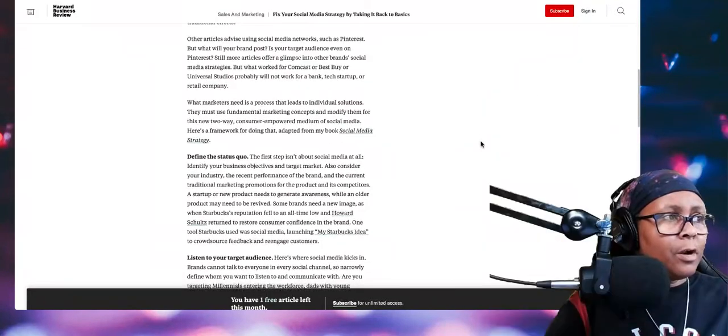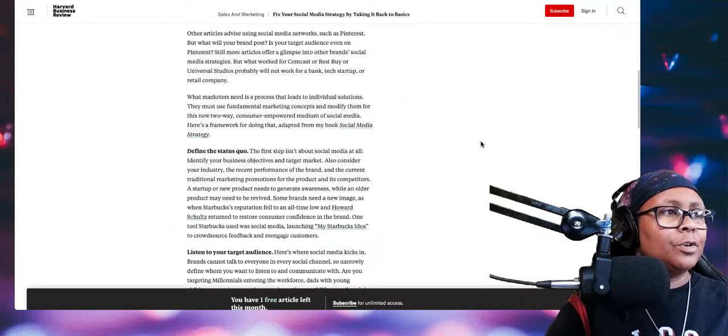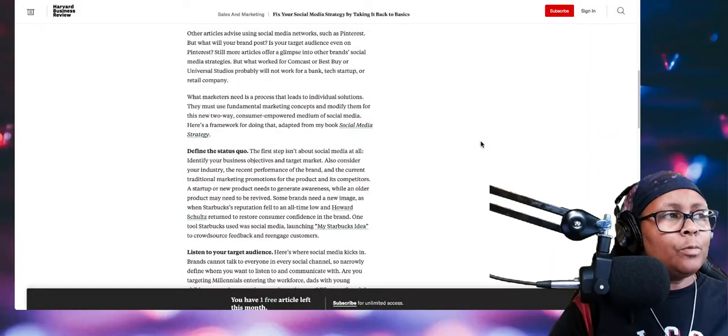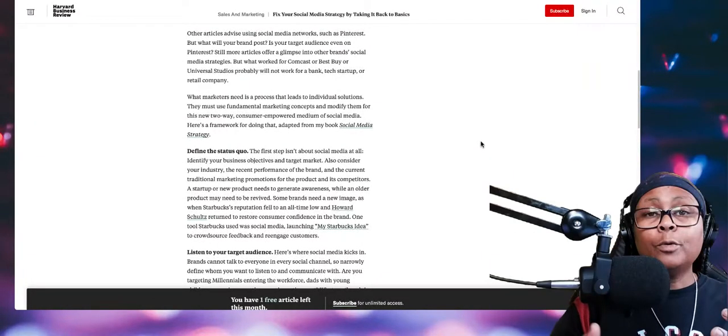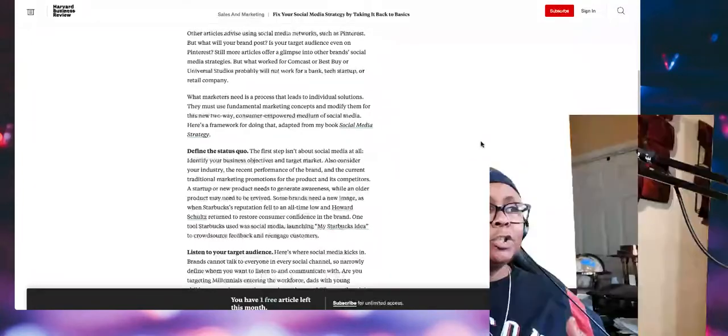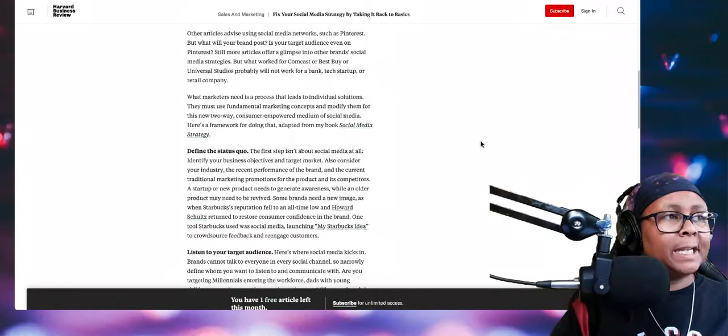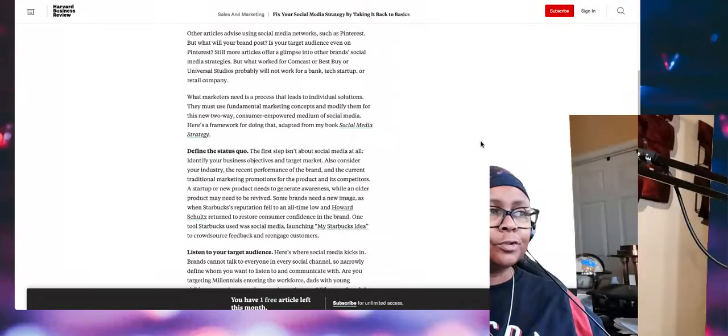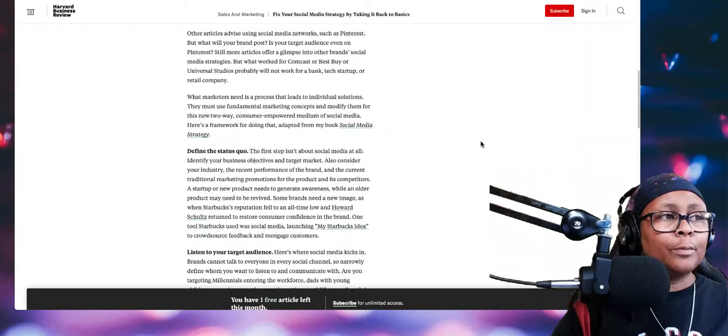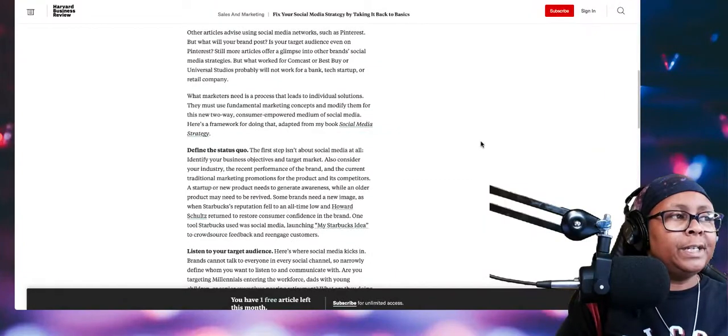All right, so other articles advise using social media networks such as Pinterest. But what will your brand post on Pinterest? Is your target audience even on Pinterest? Still more articles offer a glimpse into other brands' social media strategies. But what worked for Comcast or Best Buy or Universal Studios probably will not work for a bank, tech startup, or retail company.